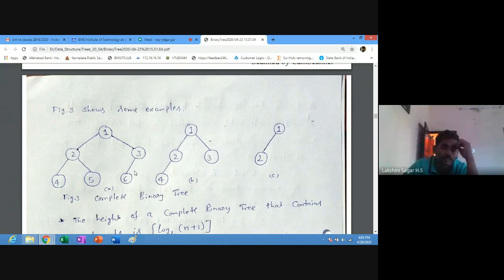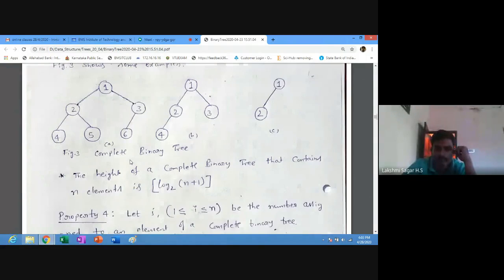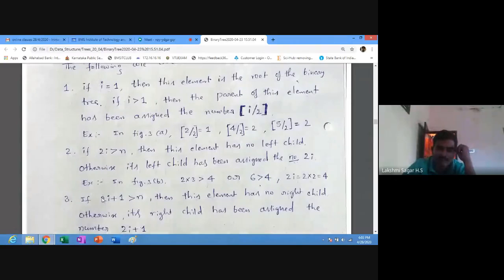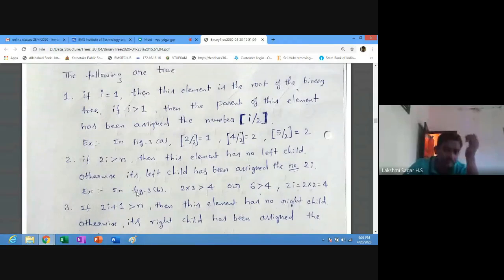So tell me this for figure 3a. The condition is: if 2i plus 1 is greater than n, then this element has no right child.